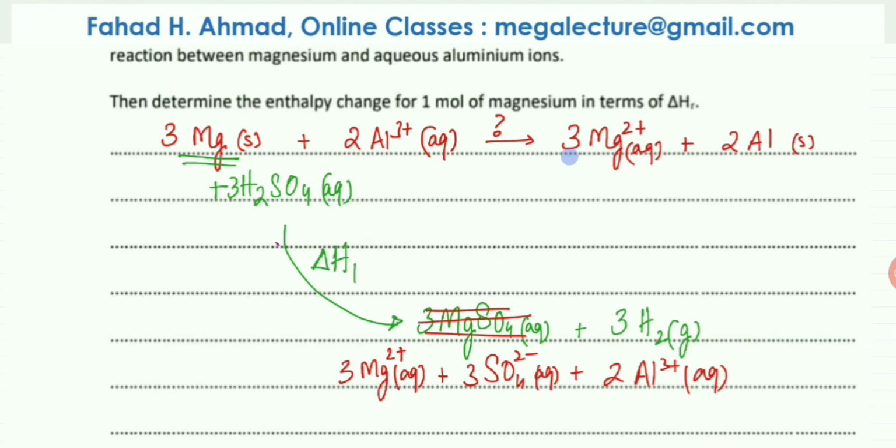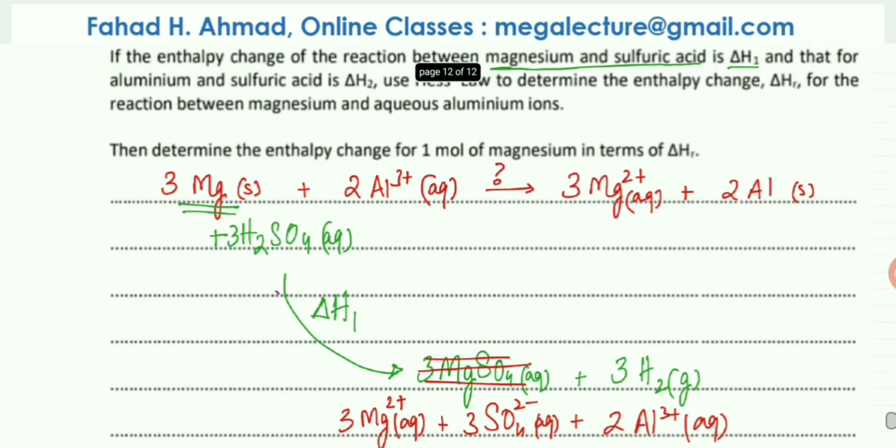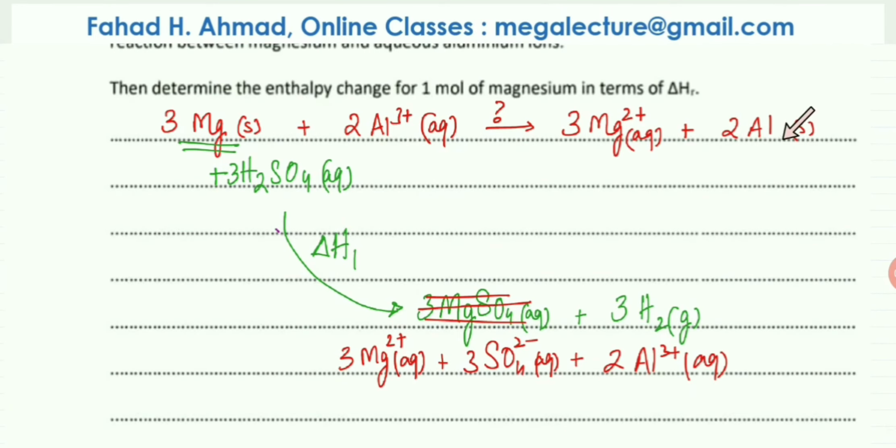Now, the next part that I'm going to do is, as the question mentions, that the reaction of aluminium with sulfuric acid is given as delta H2, and that is precisely what I'm going to do because I have aluminium over here. So I'm going to react it with sulfuric acid, H2SO4. And when I react it with sulfuric acid, the same thing would be produced if you write a balanced equation as well. Pretty much the same reaction would happen. Let's underline that it's the aluminium that is going to react with the sulfuric acid to produce hydrogen and aluminium sulfate in aqueous state. So it's already written in dissociated form.